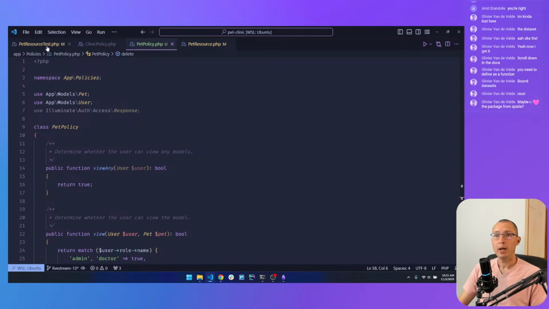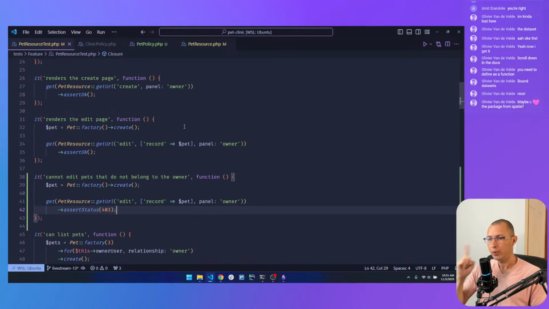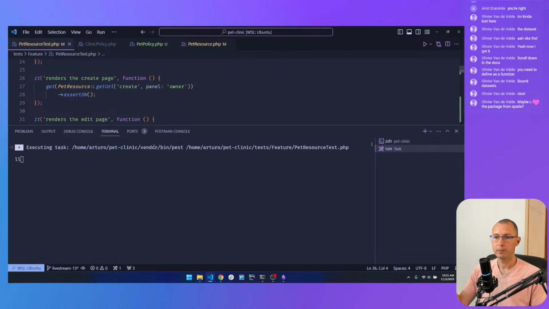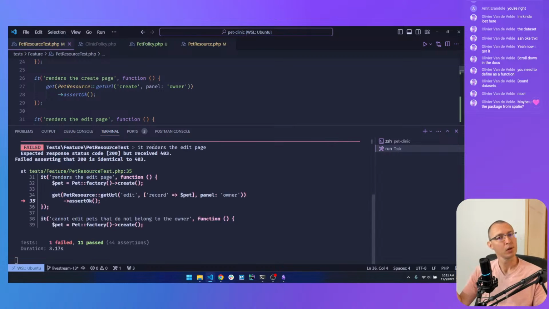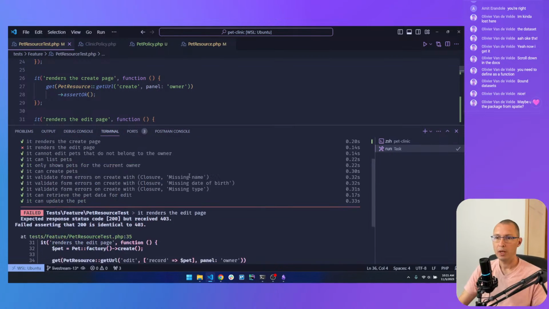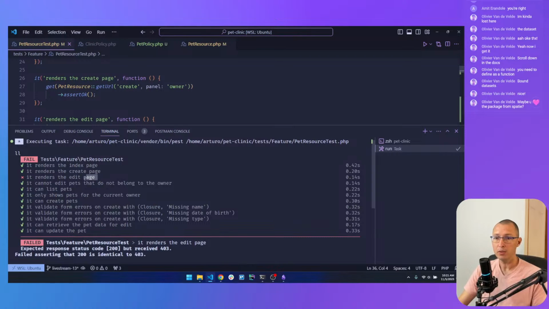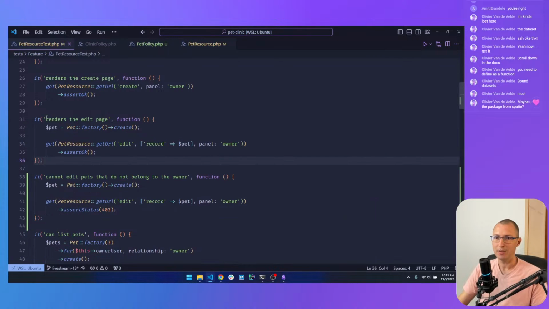Now let's go back to the test, because I'm pretty sure that we are going to have a failing test for this other test right here. So let's do run file. And yes, we do have a failing test for this previous test that was previously passing, but now we have a policy, and now it's failing because the test is not setting the owner for the pet.